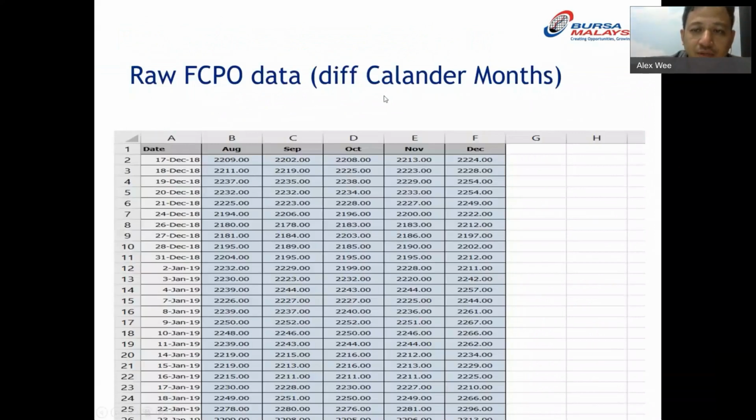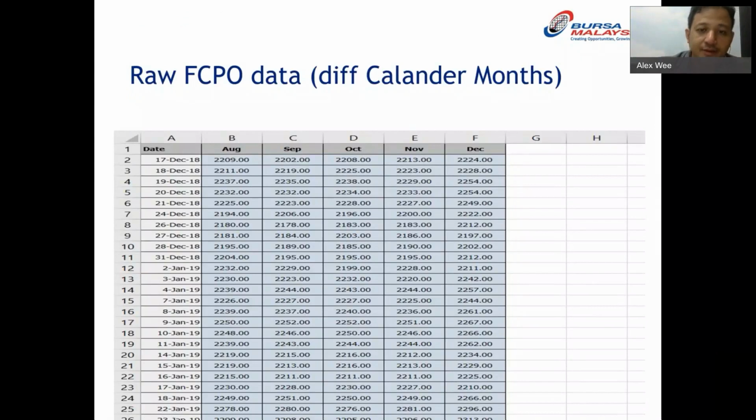So for raw FCPO data of different calendar months, I collect them and put them nicely in an Excel sheet: August, September, October, November, December. These are the different calendar months.